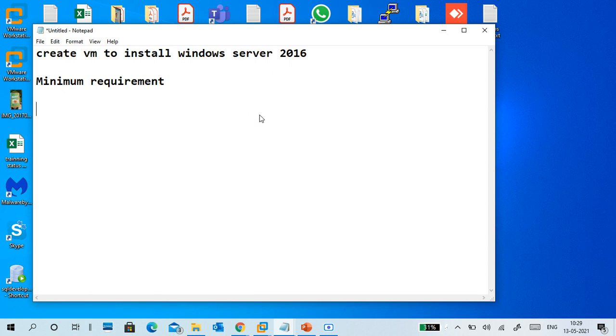So in Windows Server, from Windows 2008, if you are using 2008 or 2008 R2, in 2008 32 bit and 64 bit both are there, so I put a 64 bit, and 2008 R2 is 64 bit only. 2008 has 32 bit and 64 bit.